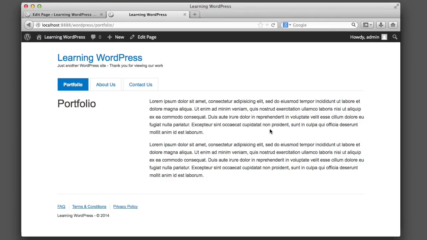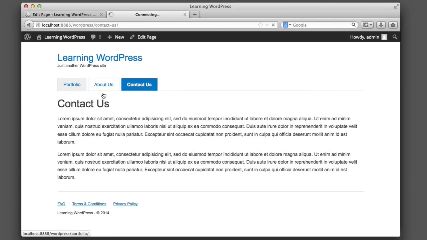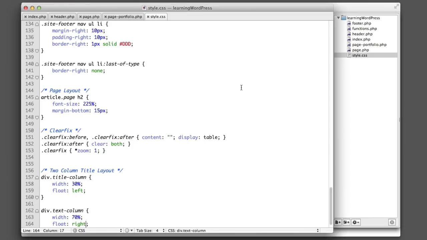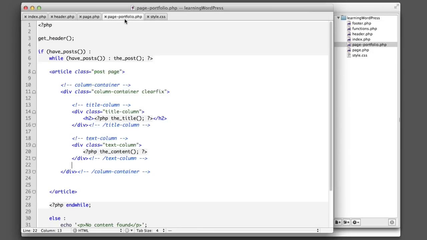Now, I'm not going to claim that I love the way this looks visually, but we set it up very quickly, and it's just to illustrate the point that you can very easily create different layouts for different pages by simply creating a new file in your theme folder named page dash and then either the slug or the ID. So now we've learned how to assign very specific theme files to very specific pages based on their name or